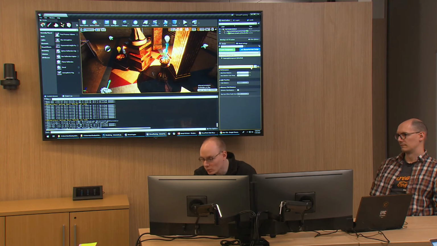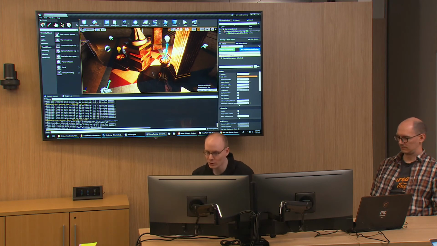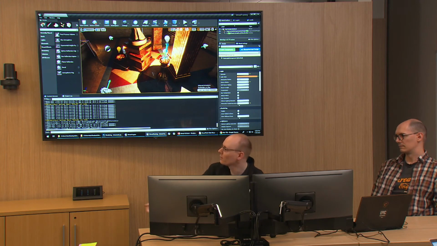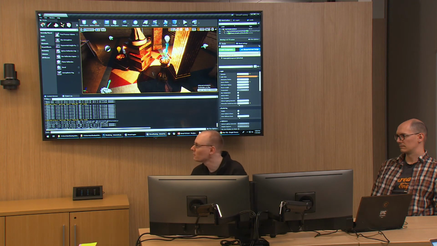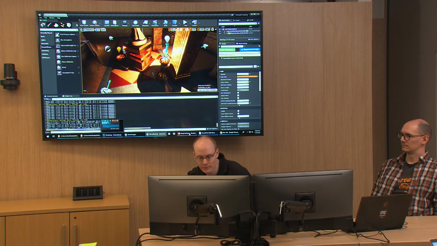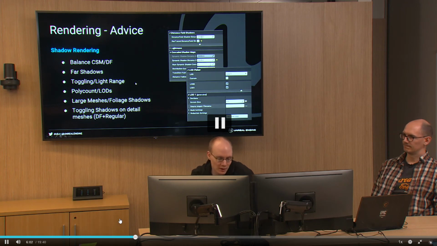If you want more control, you can make a simple blueprint that checks the distance between the camera and the light every second or two, or at some slow interval. If it's further than X, disable the shadows, but only the shadows, because shadows are the heaviest for performance. So you can also make small blueprints that disable the lights. If, for example, the door is closed, turn off the lights with a simple blueprint script. That's very simple to do. Be aware, as in general,